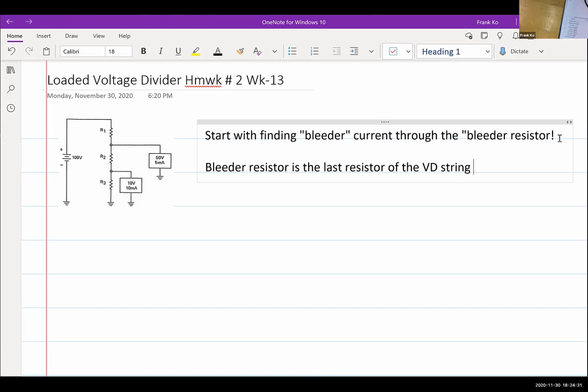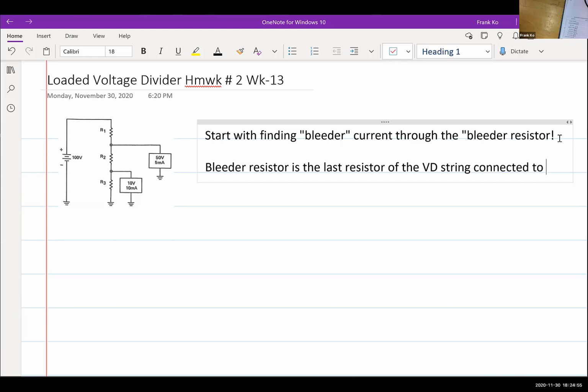What is string? A nickname for it. String versus bank. String implies what type of circuitry? Yeah, string implies series, so S for string, S for series, whereas bank implies what type of circuit? Parallel. So we're talking about the last resistor of the voltage divider string